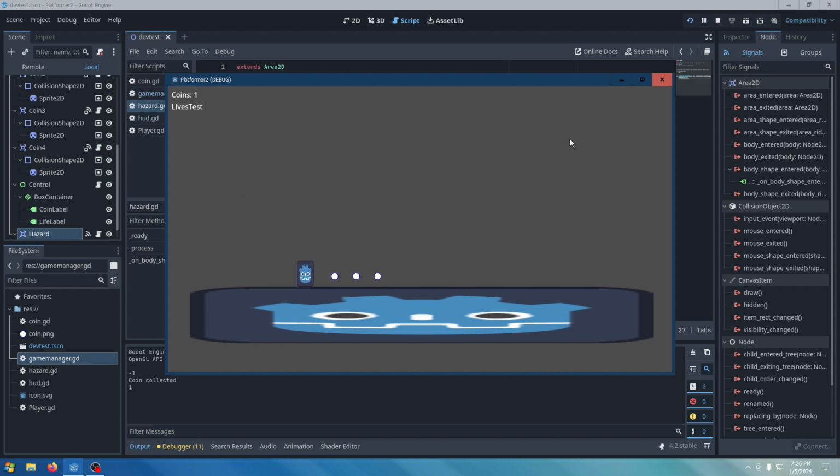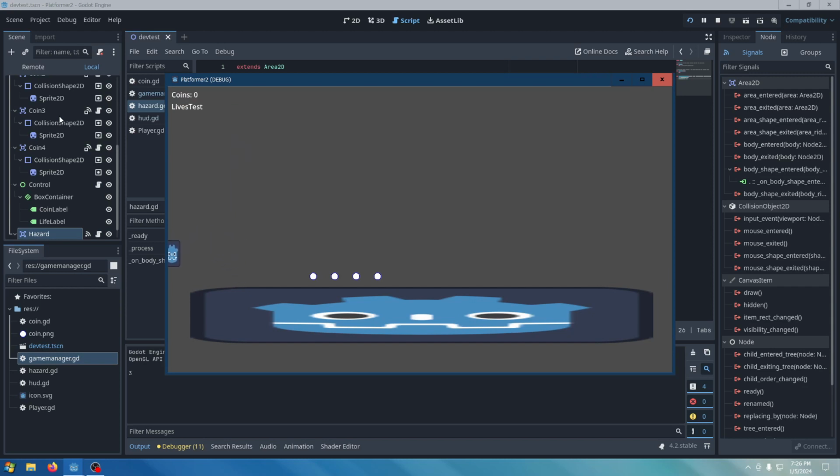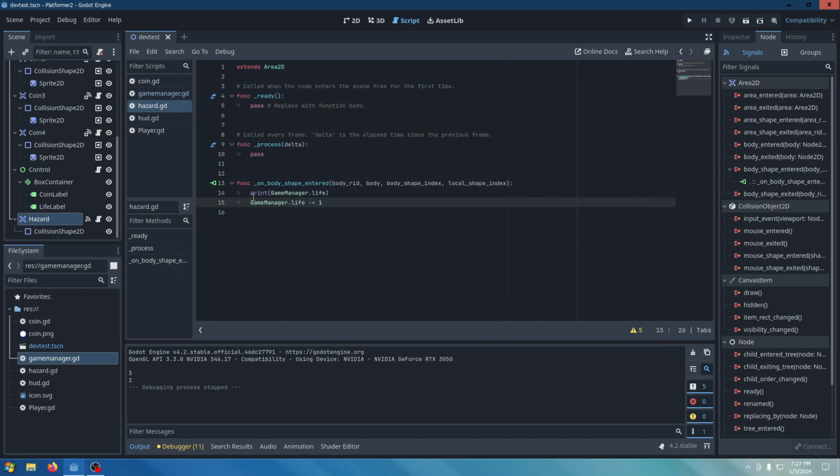Let's go ahead and make an inverse out of that just in case. Okay. So it turns out that it's supposed to be minus equals 1 and not equals minus 1, which I was mistaken, so I apologize. But yeah, we kind of set up our life thing for the